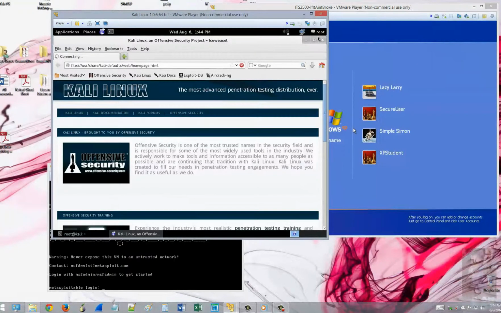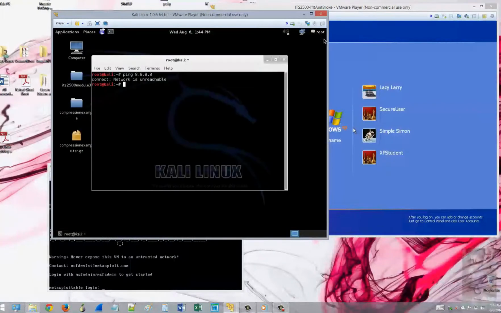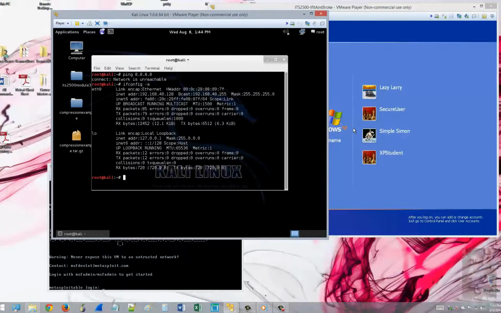But let's double check. We're good. That page isn't loaded as of yet. I think we're going to be good to go. The other thing I'm going to want to do here is run an ifconfig /a. The purpose here is I want to know what my IP address is,